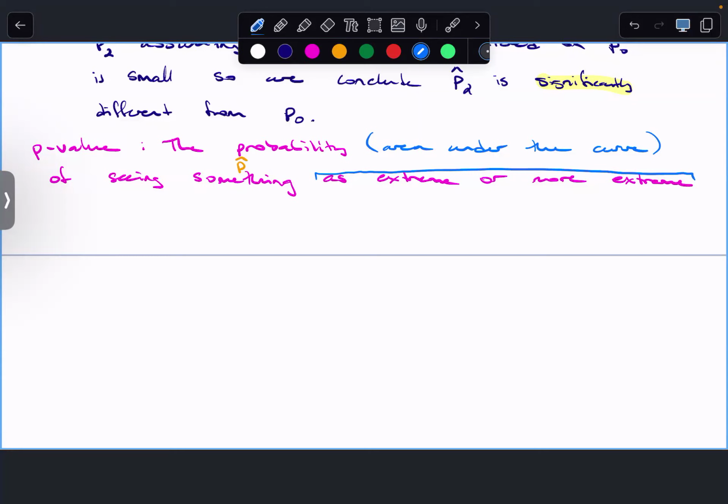If you're above P naught, then more extreme would be into the upper tail. If you're below P naught, then more extreme is into the lower tail. So it depends, right? So this is the area in the tail specifically. Seeing something as extreme or more extreme than what we saw in our sample,